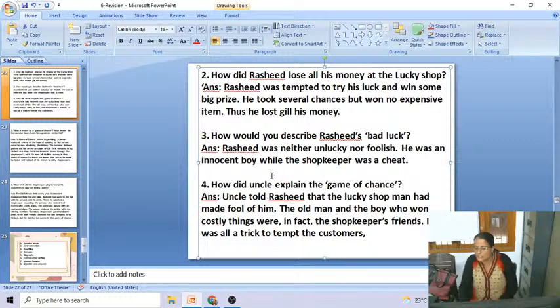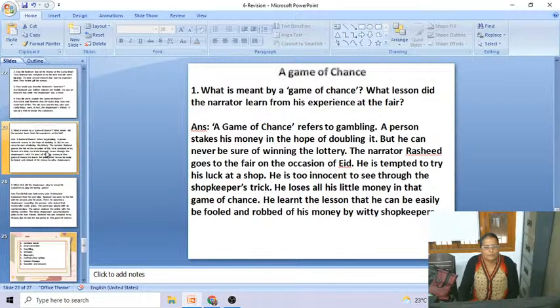Okay, so he was just trying a trick to tempt the onlookers, means people those who were watching, to play and give their money for him. Okay, so now the final questions of this means these are some questions and answers which